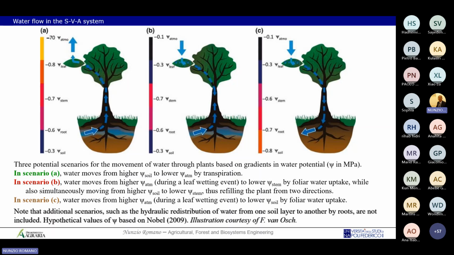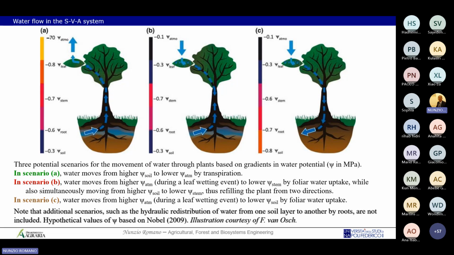Actually, I expect someone to make a comment about scenario C. Otherwise, I can give you a hint. There are other feedbacks. My question about scenario C is: does it increase the soil moisture as well? Then Amor says natural water harvesting. And then Isai said, is this behavior controlled by plant physiology? Yes, in a certain way, thank you for this question. You're right, plant physiology can accommodate things, but